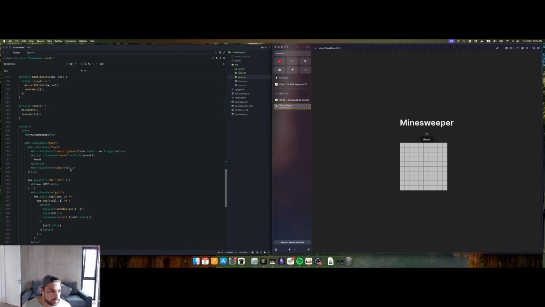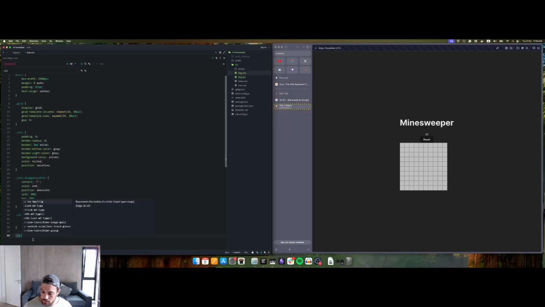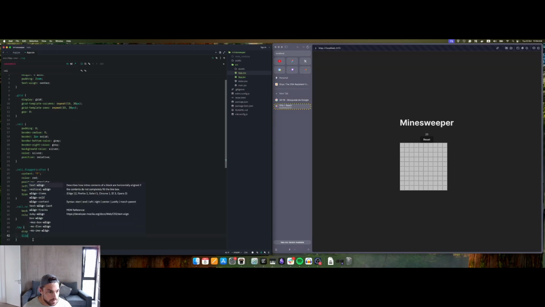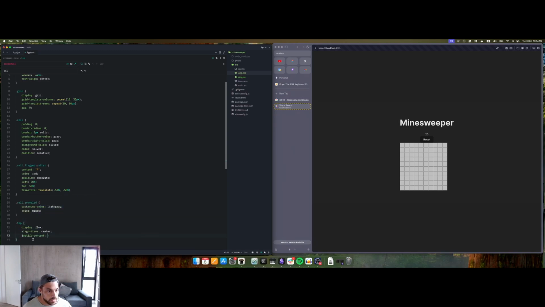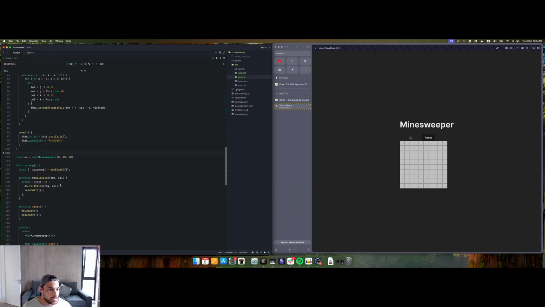So actually do the top, display flex and align items center, justify content space between, and then let's do time, so time equals state,